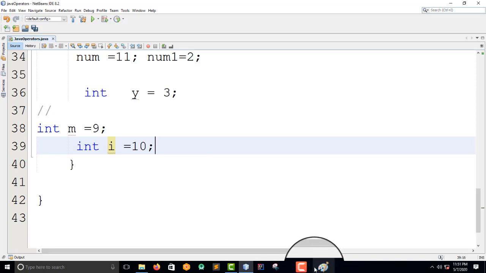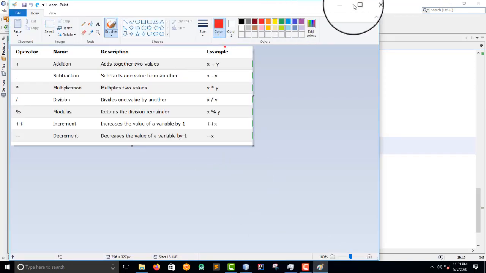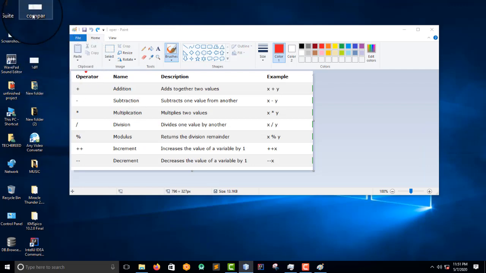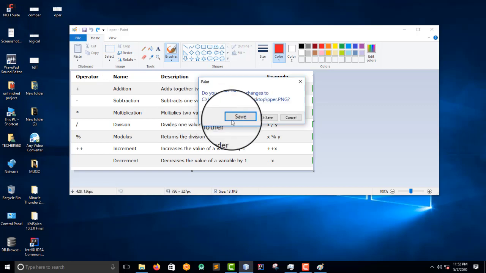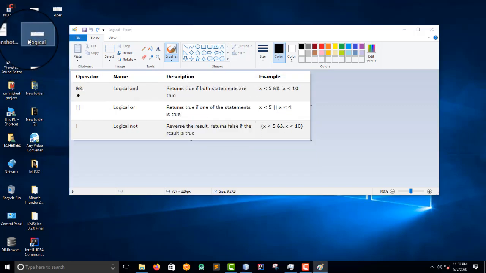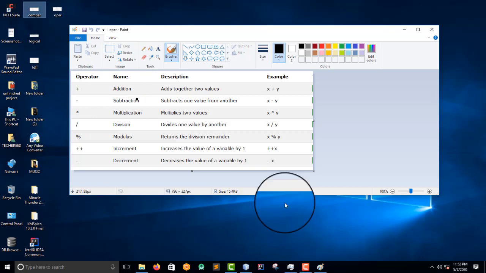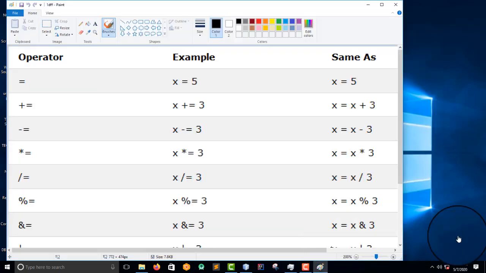Hold on, just come here, and let me see where I have the assignment operators represented. Yes, no. So you have this, right? Yeah, this. Hold on. So guys, this is the list of assignment operators.